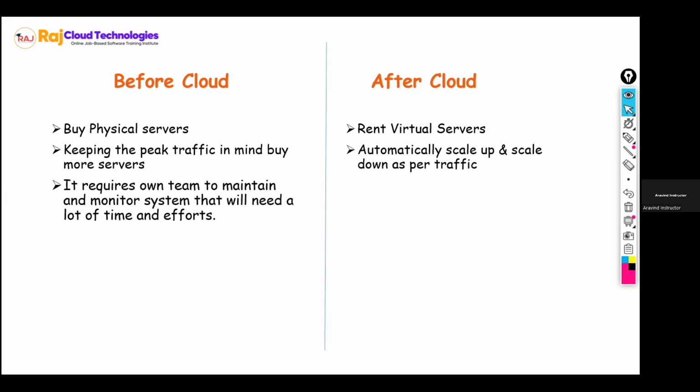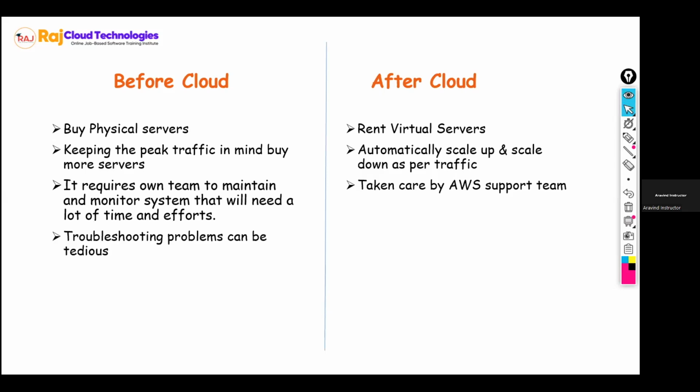Here it requires our own team for maintenance as well as monitoring, because the data center setup is in our company, right? So we have to take care of maintenance and we need to monitor. But here, this setup is in a remote location, somewhere in North Virginia, London, Paris, Tokyo. So you don't need to take care of anything. They will maintain the support team. The AWS support team will take care of those physical servers present in their locations.